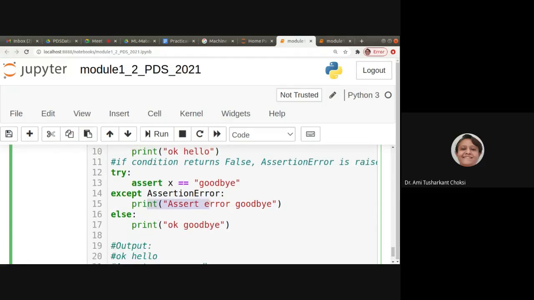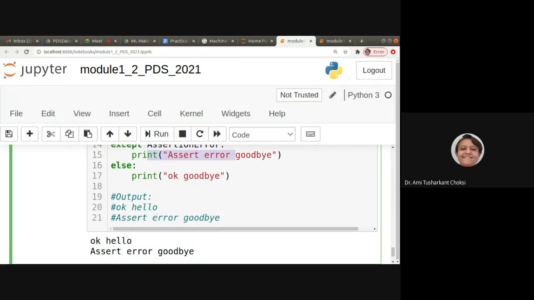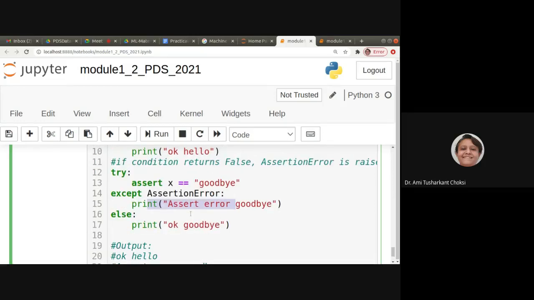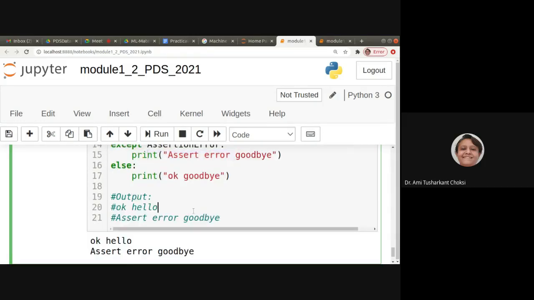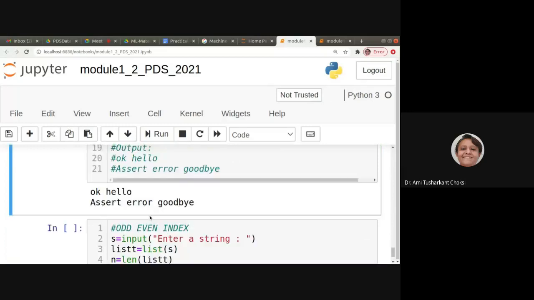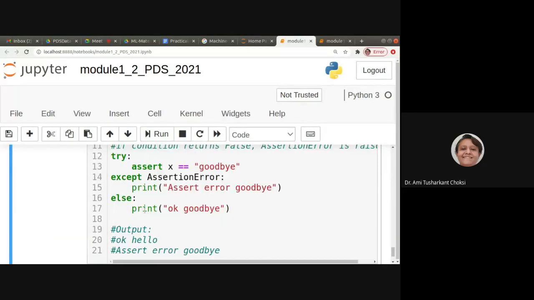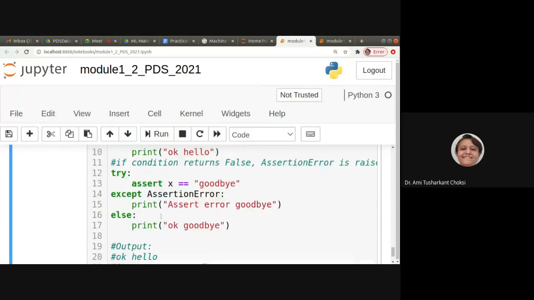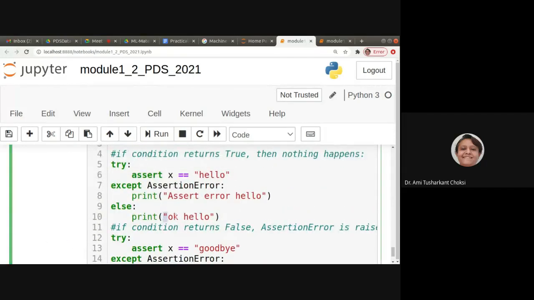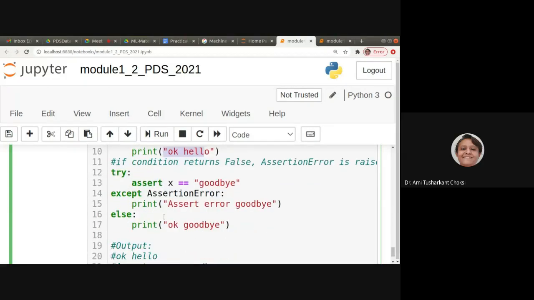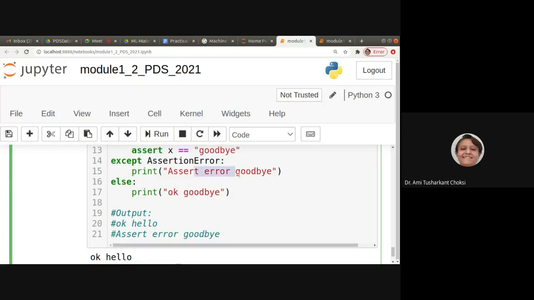The assertion error message goodbye will be printed, and the else print goodbye will not be executed, right? So when we run this, we got the output: okay hello is here. After that, we can see it gives us the assertion error goodbye, right?